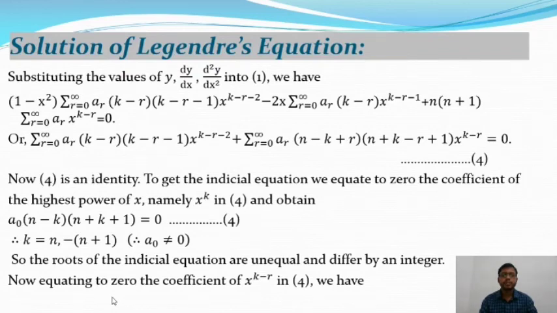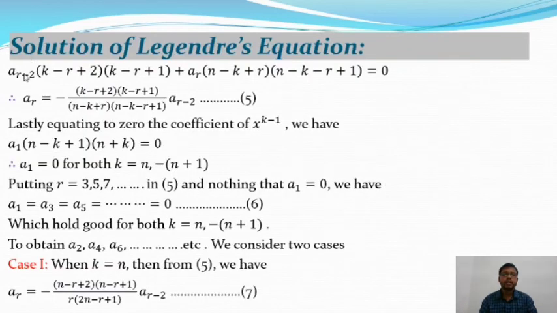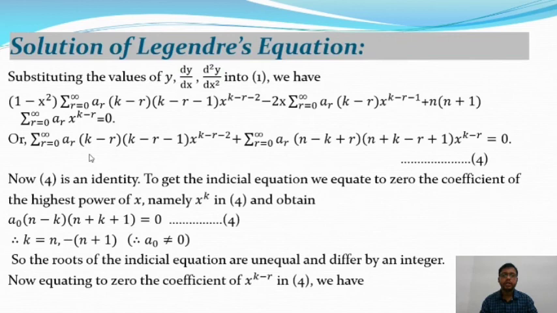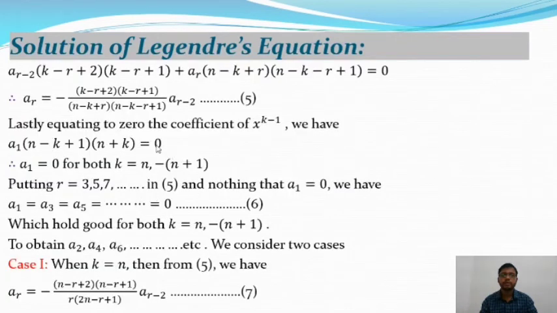Now equating to 0 the coefficient of x^(k−r) in equation 4, we get a_(r−2)(k − r + 2)(k − r + 1) + a_r (n − k + r)(n + k − r + 1). From the first term we get this one: if we put r − 2 in place of r, we get the first term,